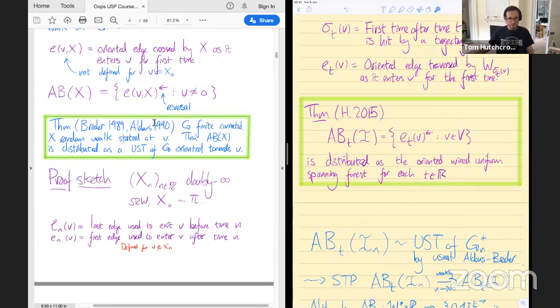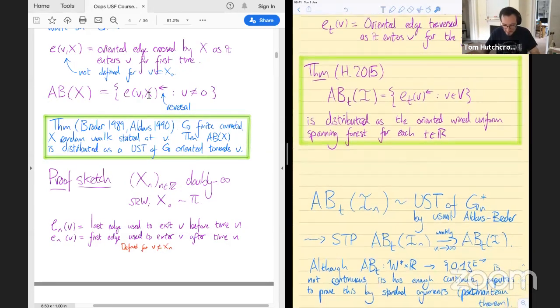Right, so remember, on the left here we have the Aldous-Broder algorithm for finite graphs, where we just ran around the walk, and we did roughly the same thing. Every vertex other than where you start is visited for the first time, and we took the first entry edge and we put it backwards. Okay. So in fact, this theorem really just follows from the standard Aldous-Broder algorithm for finite graphs,